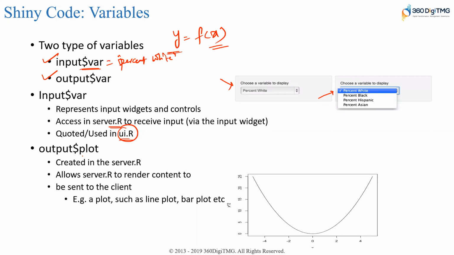And this is an example. I can have any name here. So here I'm saying output$plot. The variable name is plot here, and this plot logic is created in server.r again. When I execute, I define what I want to show in UI.r, the look and feel, and that output is in the output variable. This is basically shown to the client. So I have an input variable and an output variable.